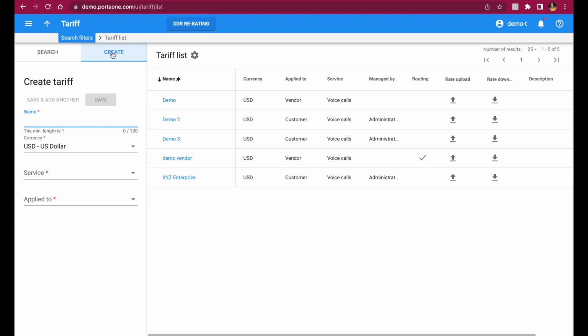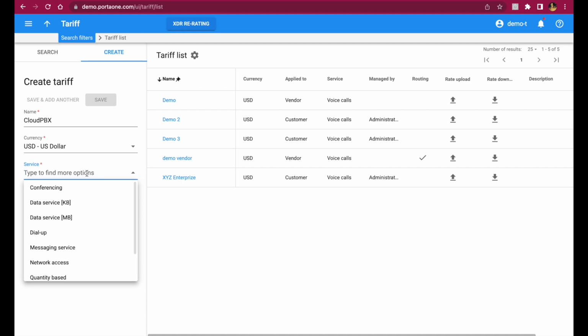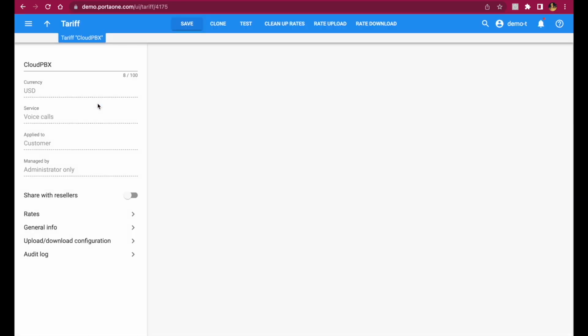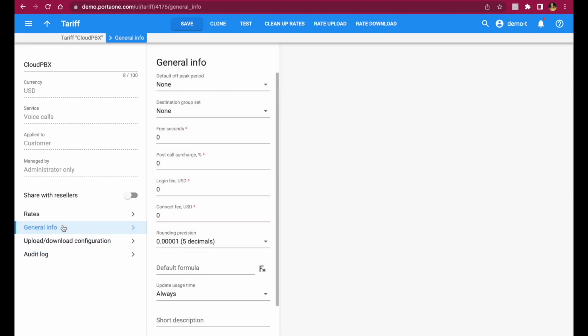Our tariff for outgoing calls is going to be called Cloud PBX. The service it is going to be applied to is voice calls. We'll set the currency to US dollars and the tariff will be applied to customers. Let's leave managed by the administrator only. Let's click Save. Then let's go to the General Info and select our destination group set, Cloud PBX, and click